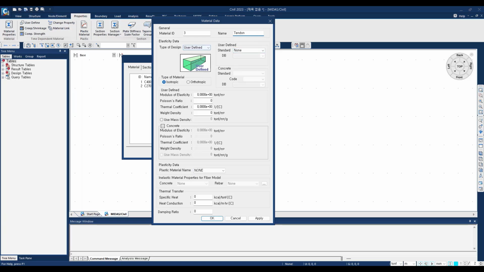We are going to check and put in the mechanical properties of this tendon. We have 2 times 10^7 here, and then the Poisson's ratio is 0.3 because it's steel, and the thermal coefficient is